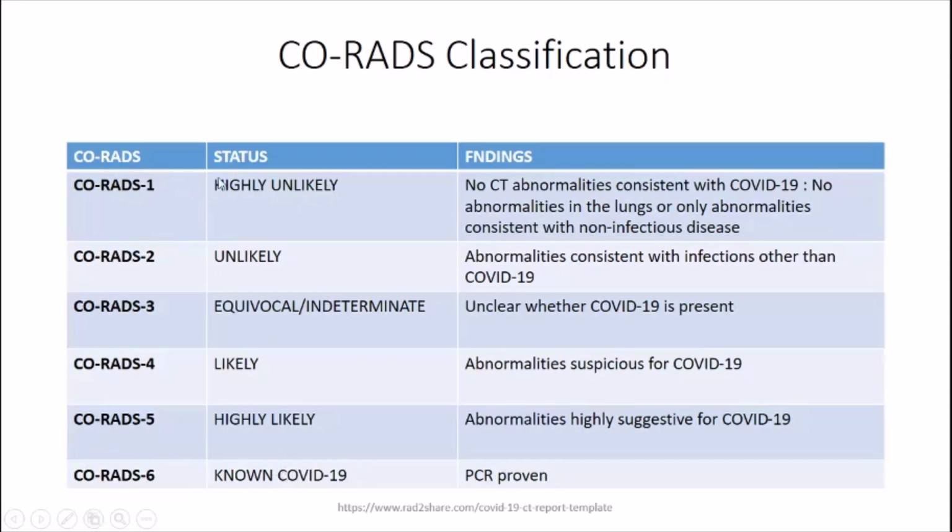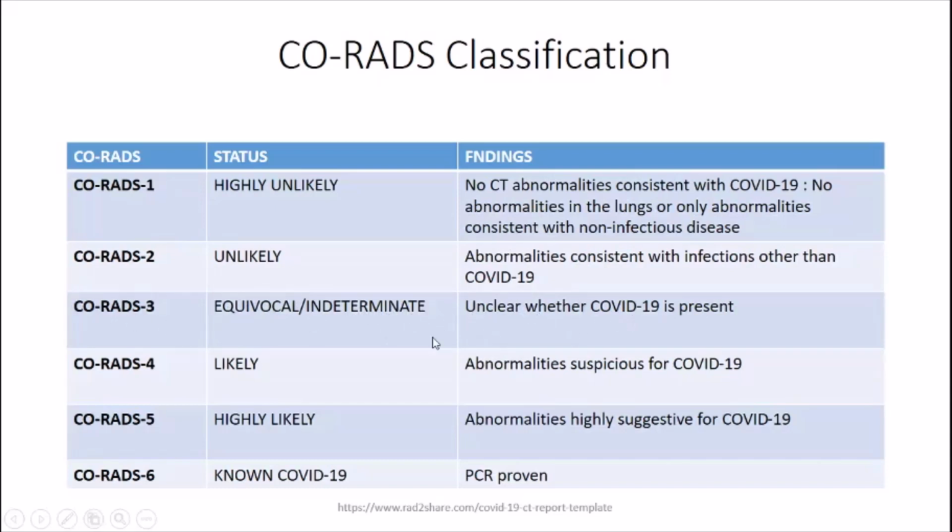So in the highly unlikely cases, CO-RADS 1, there will be no CT abnormalities consistent with COVID-19 and no abnormalities in the lung, or only abnormalities consistent with non-infectious disease. Okay? For CO-RADS 2, which is unlikely to be COVID-19, the abnormality is consistent with infection other than COVID-19. If the changes are equivocal and indeterminate, which I suppose a lot of cases will be like that, this is